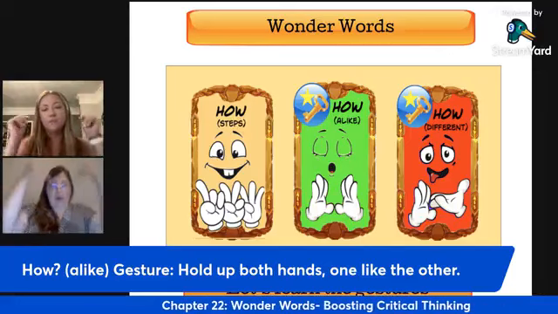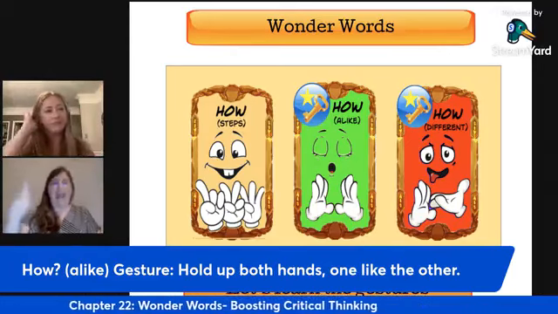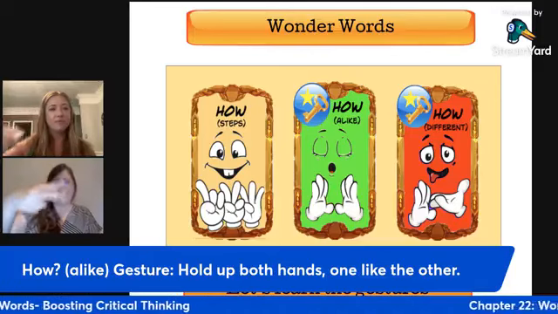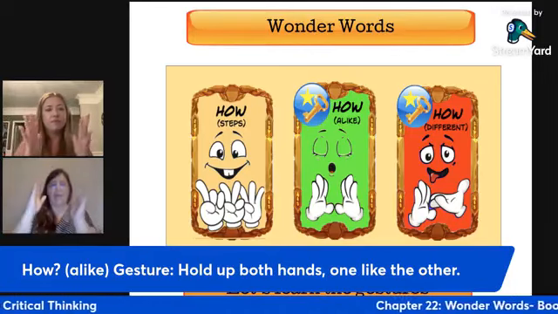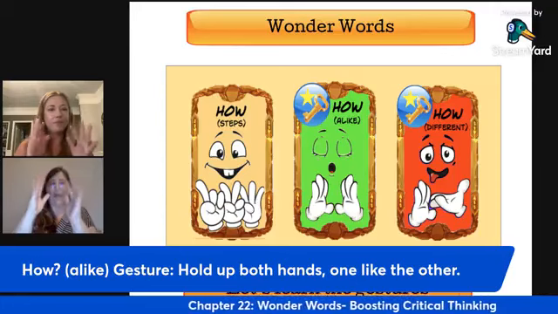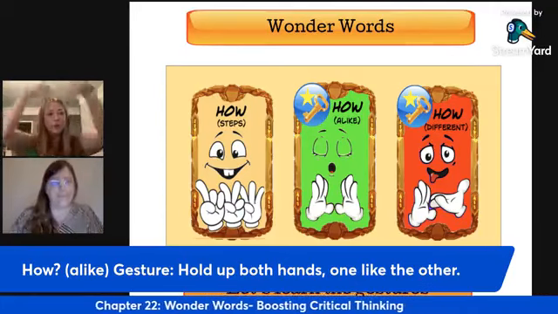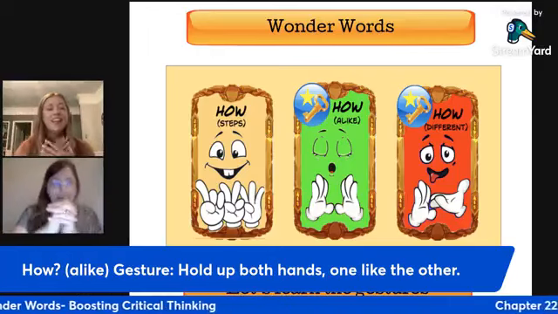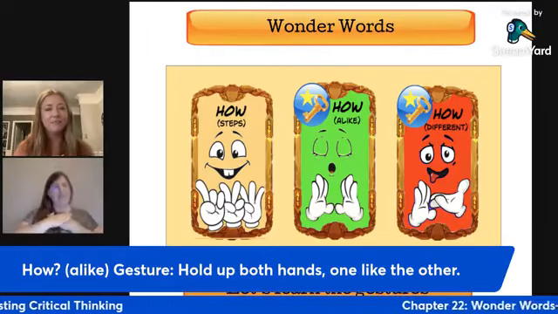Teach. Okay, so we have our how steps, counting out those steps that it takes. How do we do these steps? And we have the how alike. We're going to have our 2 hands together and wiggle them. How are they similar? How are they alike? Roller coaster, class. Roller coaster, yes. Thank you, class. You're welcome, Miss Krystal.